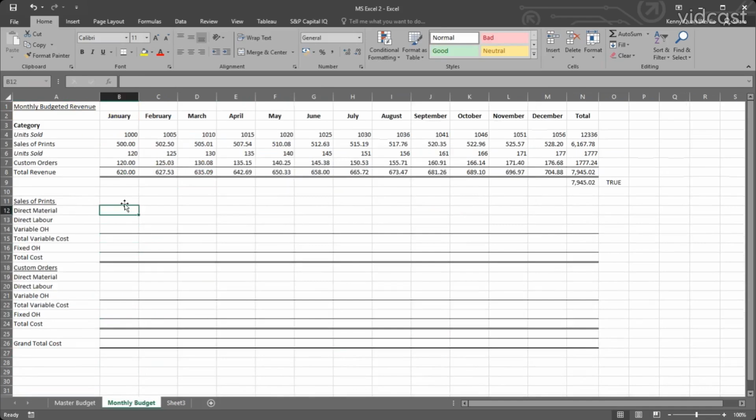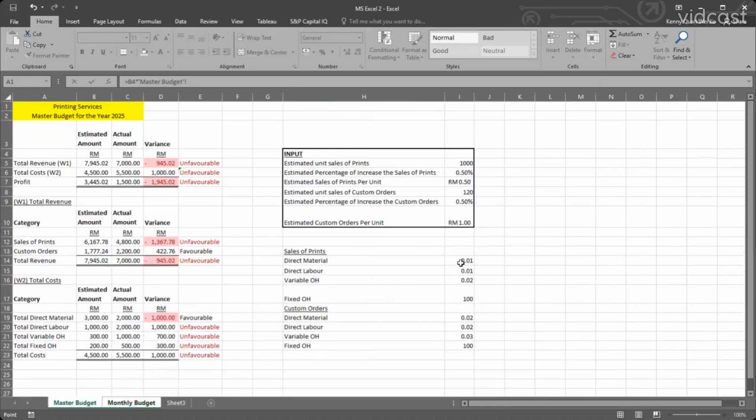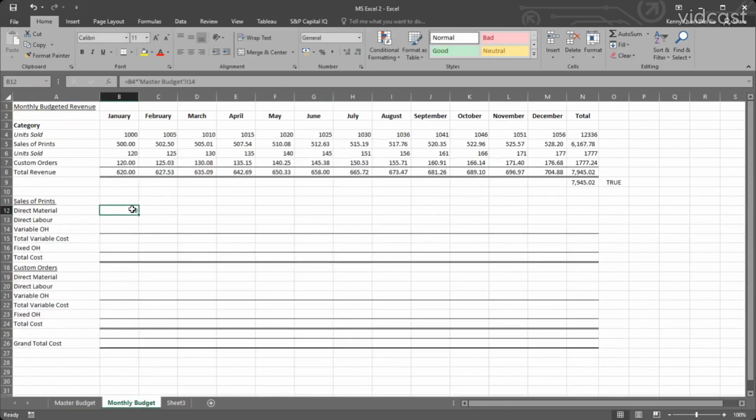Let us put this equal to this unit over here. Okay, because these are variable costs, direct costs that are going to be based per unit, multiply with this. Now what we want to do over here is we want to lock this